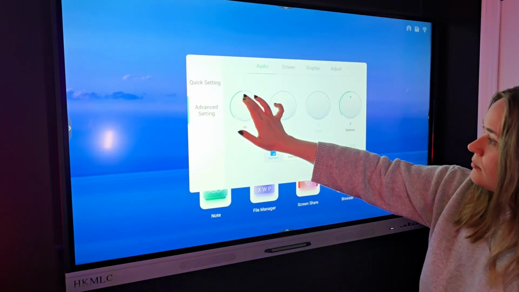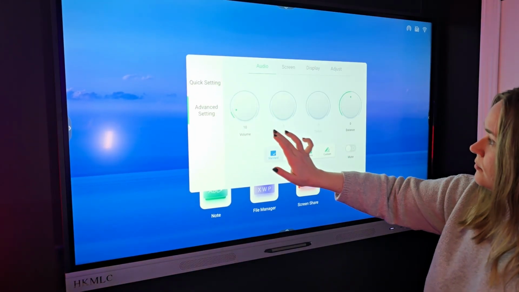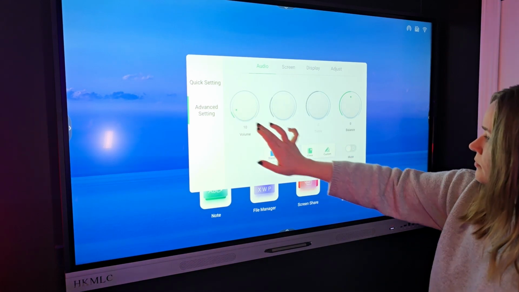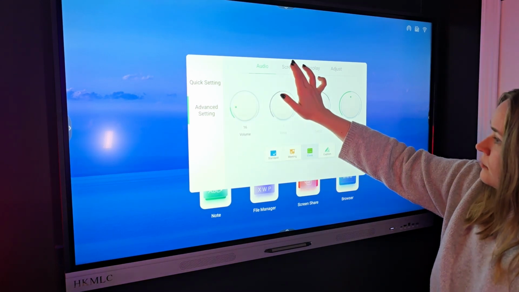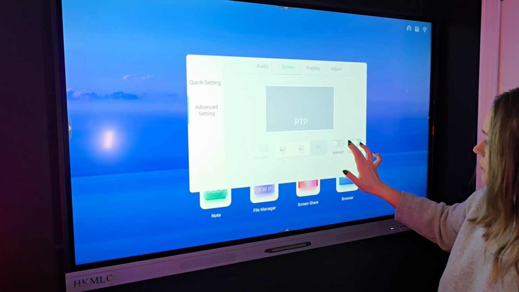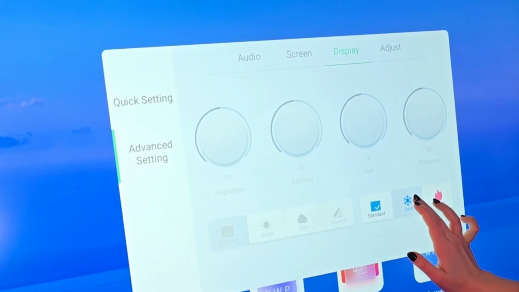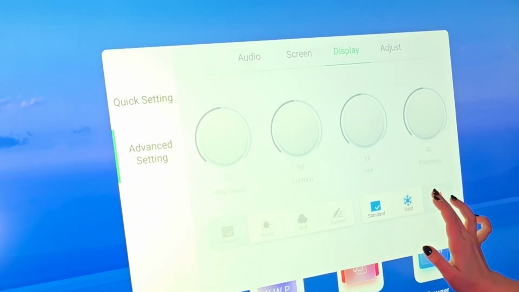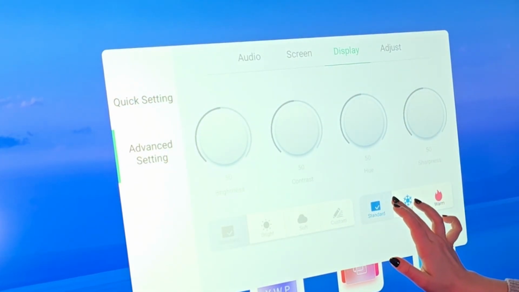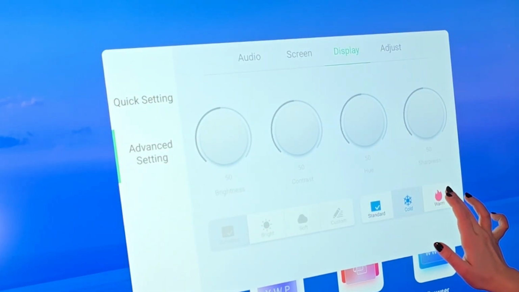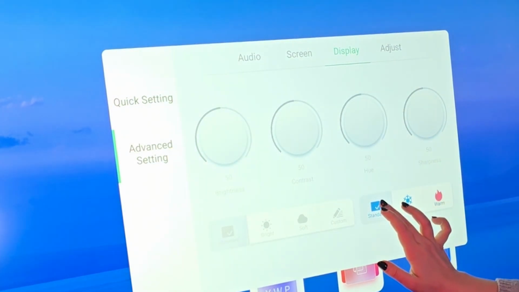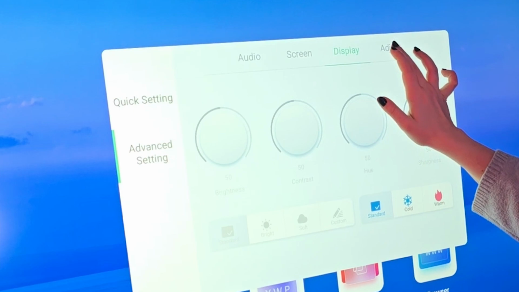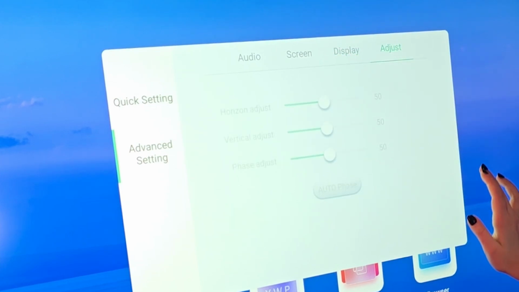Of course, there is also an option to change the audio levels so that you can clearly hear what's being said when playing media. In advanced settings, there is also options for you if you want standard, cold, or warm hue to your screen, auto light, and save energy. Here you can also change the settings based on your situation, for example, having certain settings for a meeting and